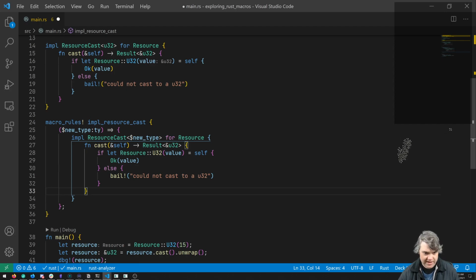Okay, so we have our function cast. In this case, it's also going to return a reference to our new type. If the resource, okay, so how are we going to grab this out? If the resource